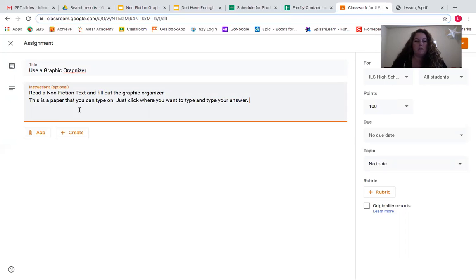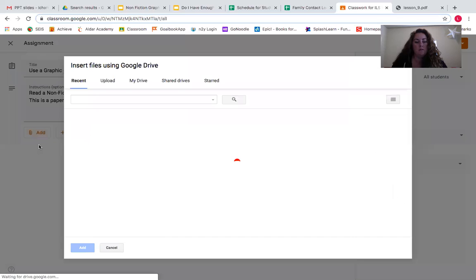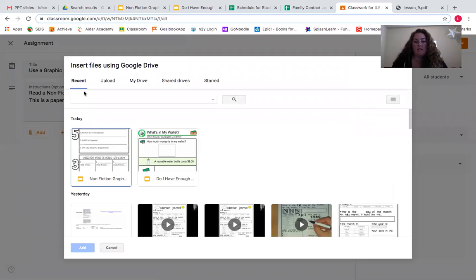So then what we're going to do is we're going to go to Add, and we're going to go to our Google Drive because that's where we created the slideshow. And I like to keep things under the Recent tab here because it's the thing I last worked on, but there are a lot of other options for places that you can look for your documents. But because we just worked on it, we can just stick with Recent. And I can see it right here, so I'll just click on it